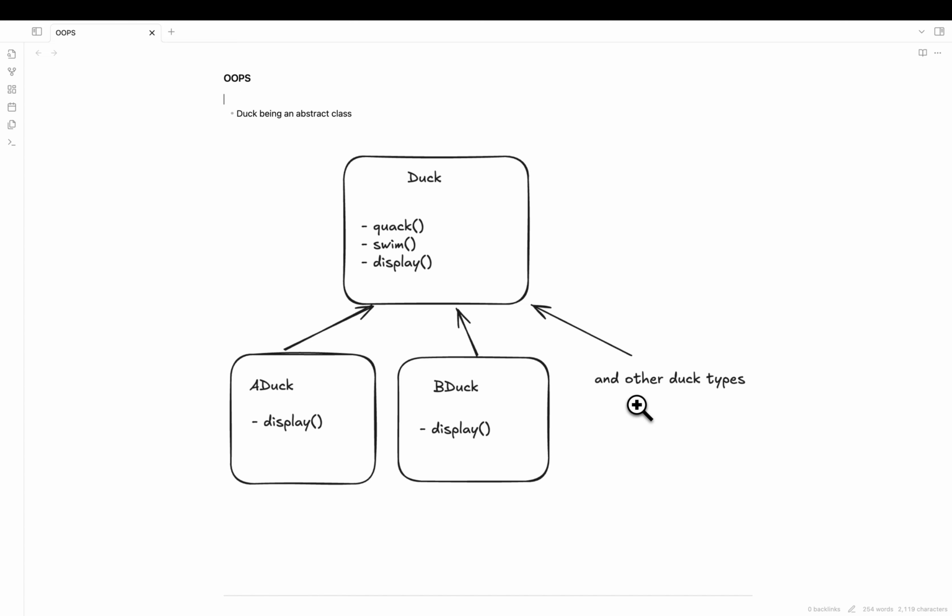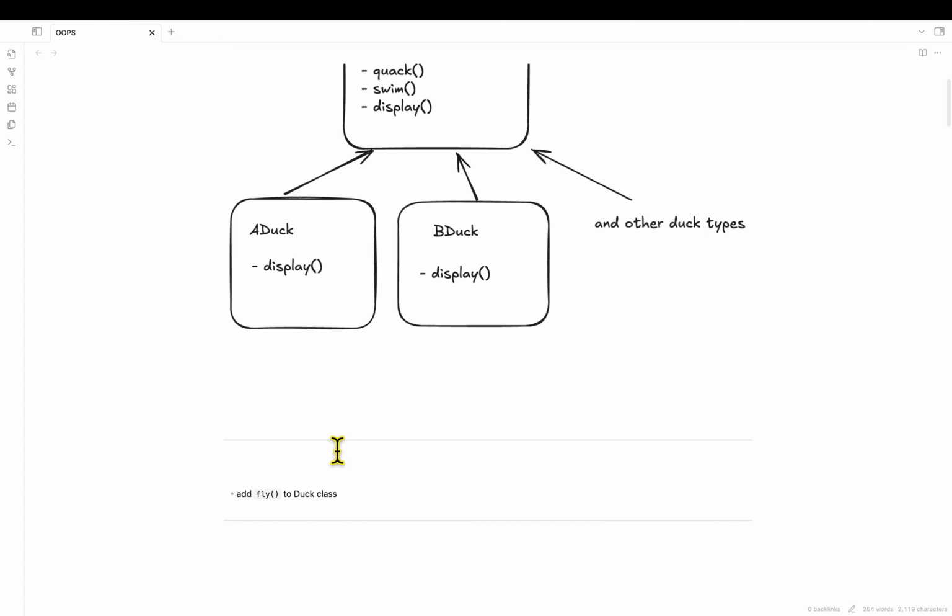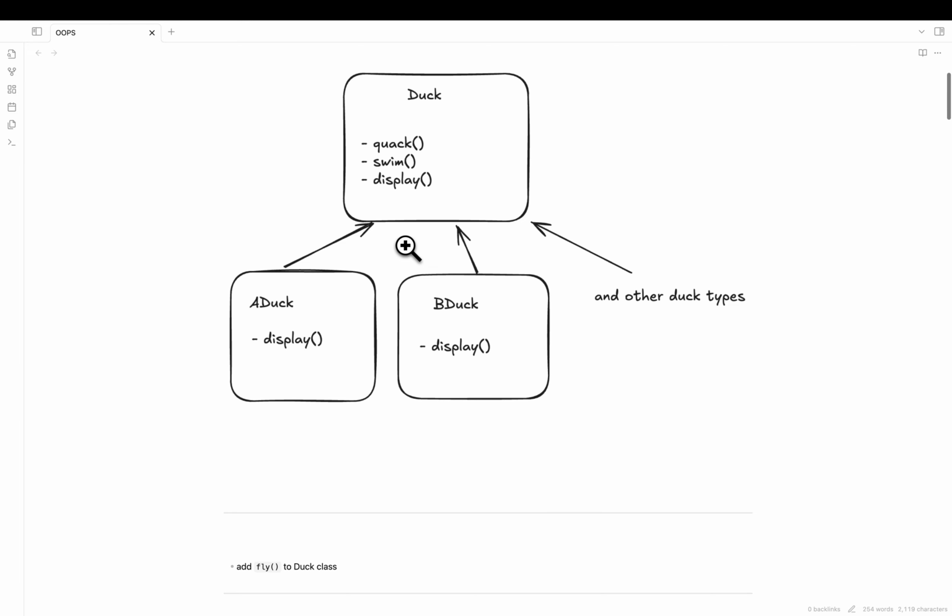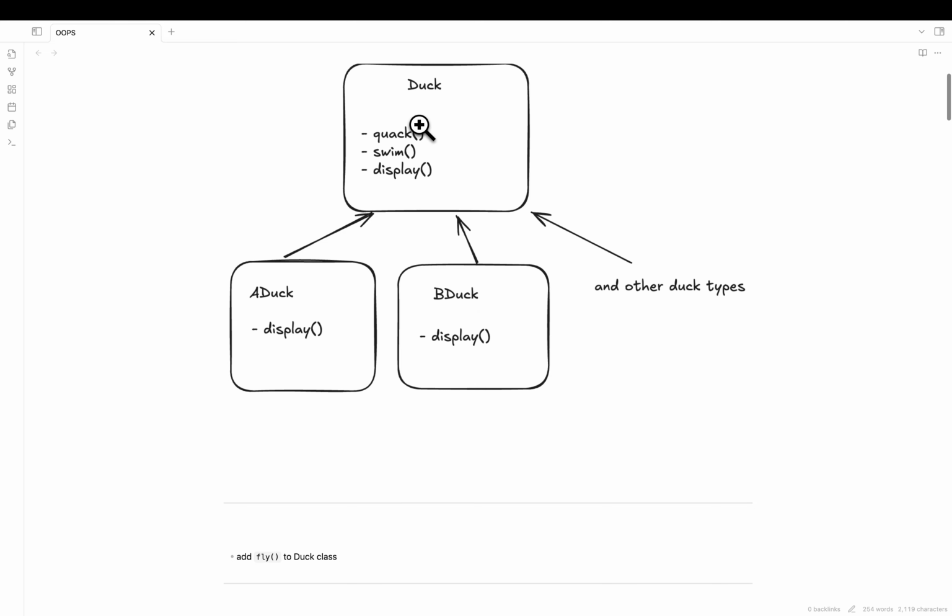But let's say, what's the problem now? We have to add a fly method to this duck class, so that the ducks have a fly method implemented. The first thing that will come to mind is: let's put a fly method over here in the abstract class, and all the ducks will get it because they are extending this duck abstract class.